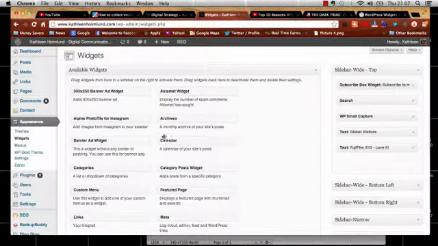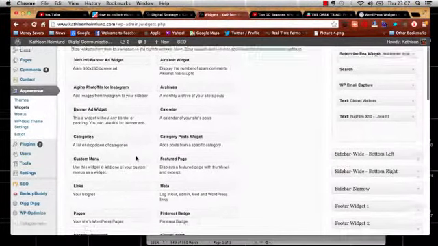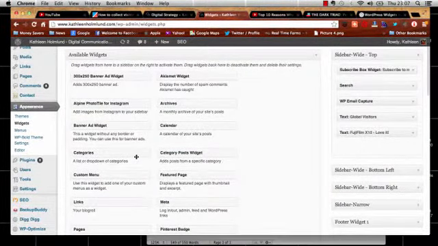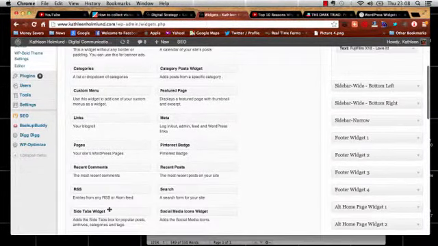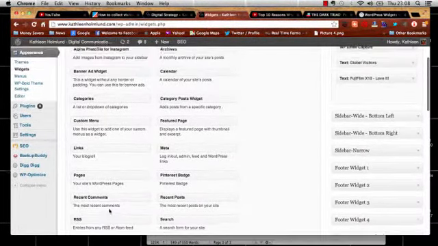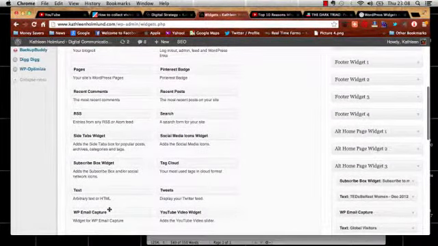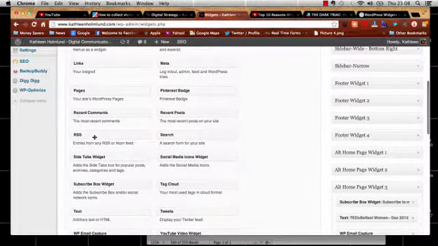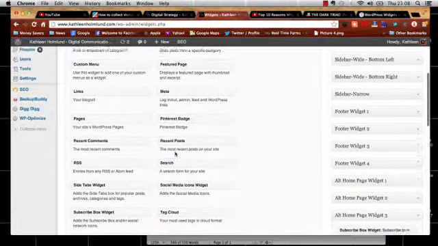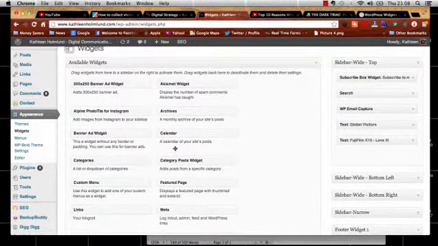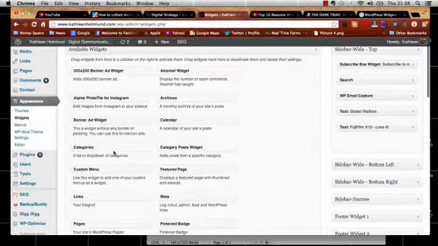Now by default, you will generally find that there are about 10 options of widgets available with your standard WordPress upload or your 2012 or 2011 template. Because of my theme and also because of various plugins that I've installed, I have a lot more options here, but you'll generally see that the standard ones would be to put an RSS feed, to put recent comments in, to put pages in, to put recent posts up, calendars. You may want to put your categories,